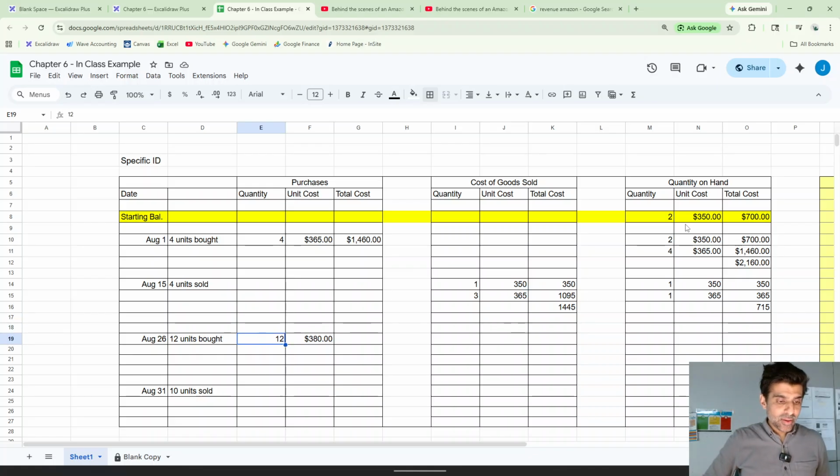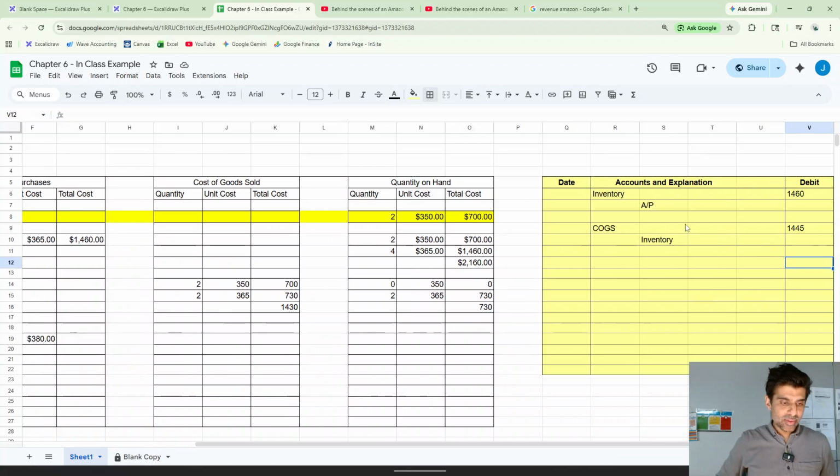Okay, so let's do the next one. So now we bought 12 units at 3. And again, I could have done 2 and 2, right? And that would have changed the situation. See, now it's 1,430. If I sold this, I would have 0 of these and 2 of these. So you can see here it would have changed my cost of goods sold, right? So then it would have changed this to